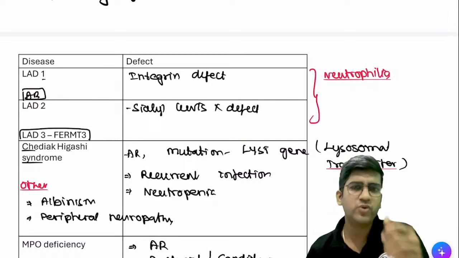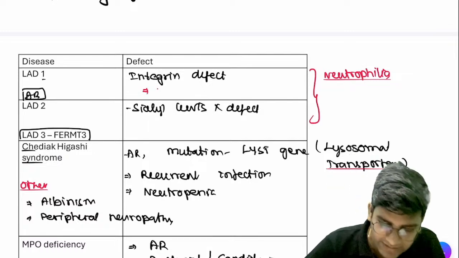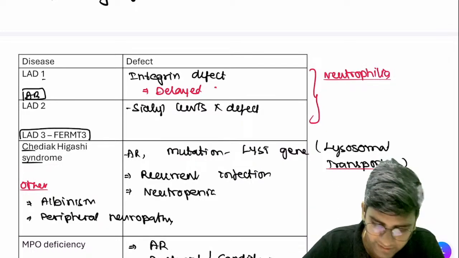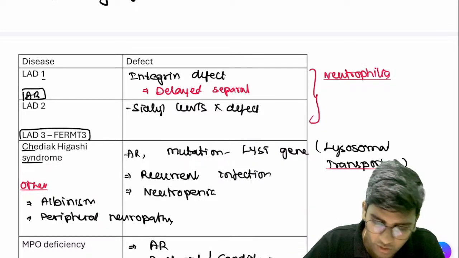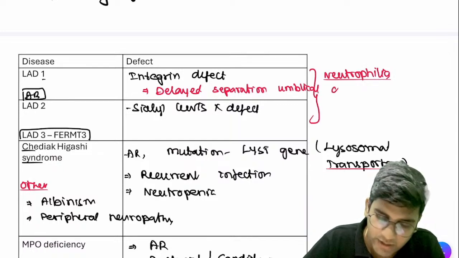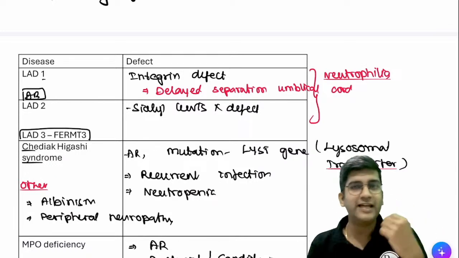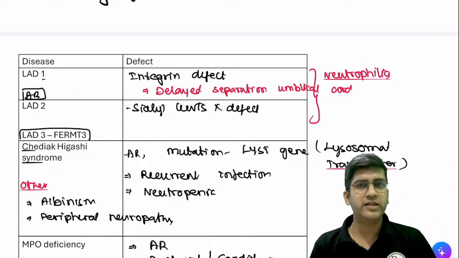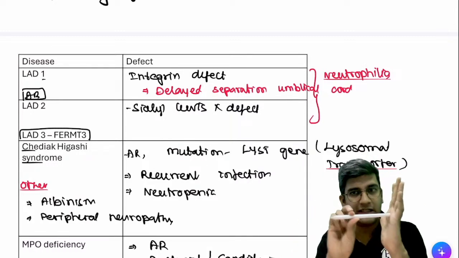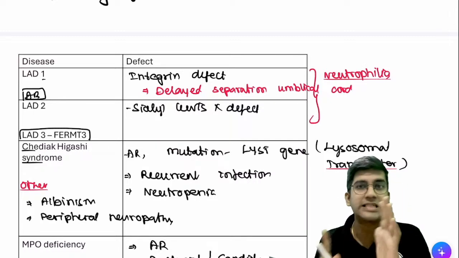And like Bharat said, there are a few extra findings. LAD1, integrin also helps in wound healing, right? So there's a delayed healing, or we call it delayed separation, right? Okay, delayed separation of umbilical cord. It's actually delayed healing of the umbilical cord because healing is mediated a little bit by integrin, right? Because the first injury you, me, and every human being has is the injury in the umbilical cord. When I say delayed separation, this is my baby's tummy. This is the umbilical cord which has been clamped. This falling is delayed separation. Umbilicus is nothing but a scar.